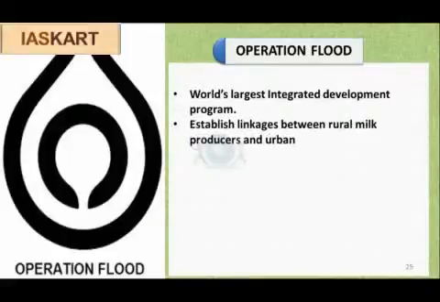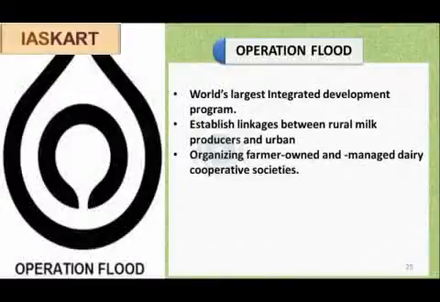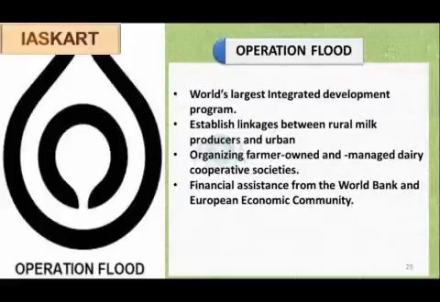In the early 1990s, the program was in its third phase, and it was receiving financial assistance from the World Bank and commodity assistance from the European Economic Community as well. At that time, India had more than 64,000 dairy cooperative societies with close to 7.7 million members. These cooperatives established a daily processing capacity of more than 15 million liters of milk and 727 tons of milk powder.